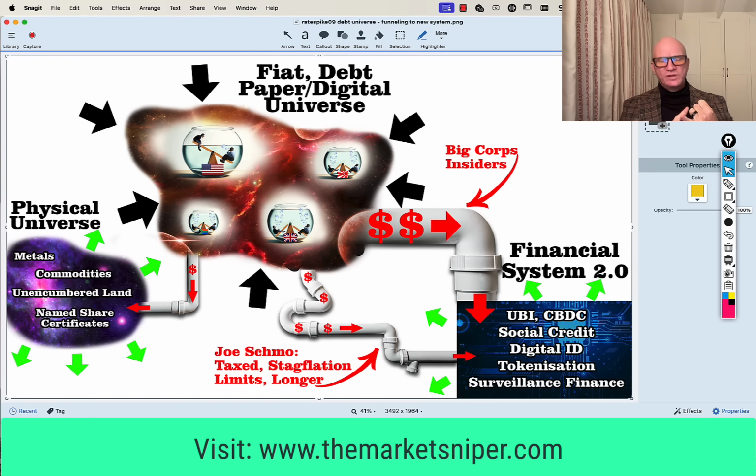The money launderers, the military industrial complex, the dark state, everyone based in Switzerland that wears a spook hat, and others that wear funny small hats, big corporate insiders, they have a fat pipe into the financial system 2.0, and they probably know quite well which ones are going to be doing that well. And as you can see, all the little seesaws are breaking, and the American one is probably last to break,